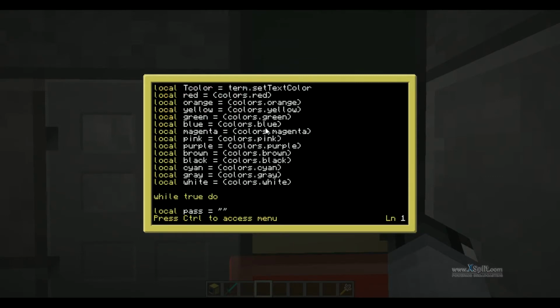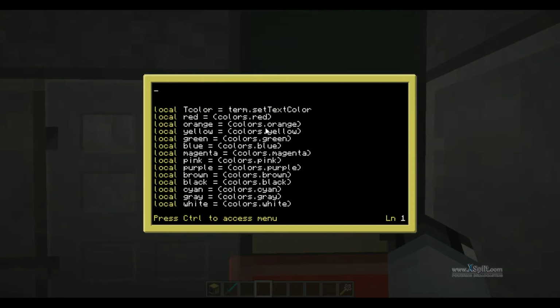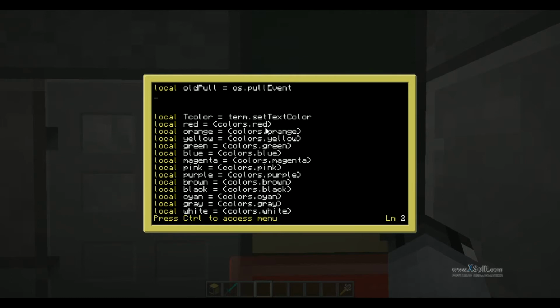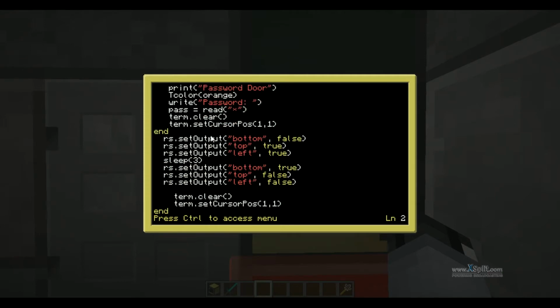You're going to edit door. Up at the top, we'll want to put local oldPull equals os.pullEvent. Next, we want to do os.pullEvent, make sure you have all the capital letters and stuff correctly, equals os.pullEventRaw. Just like that. And now you want to go to the very bottom